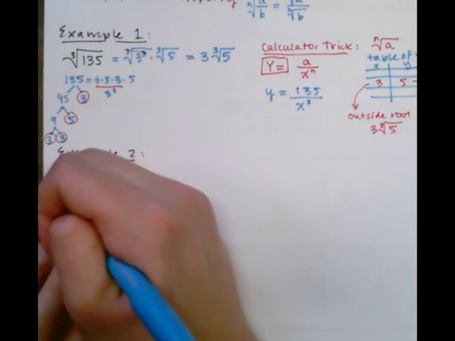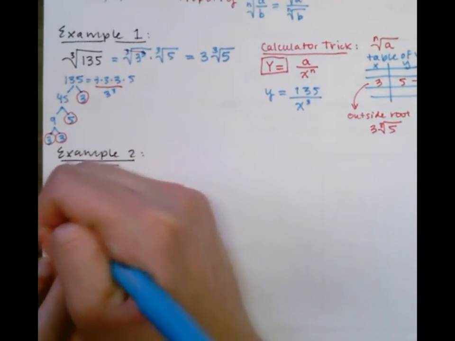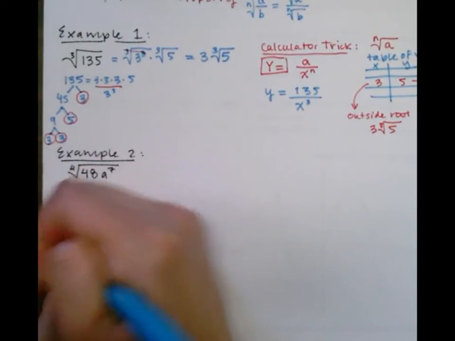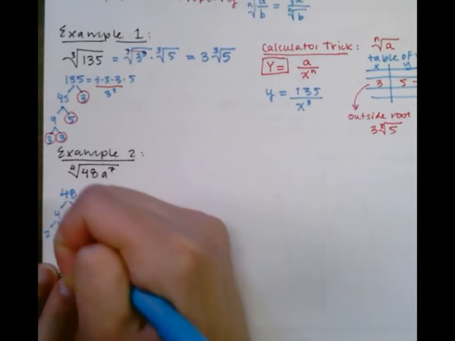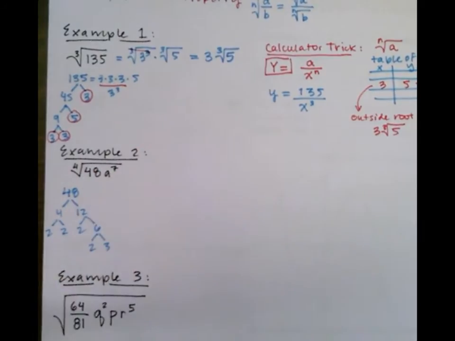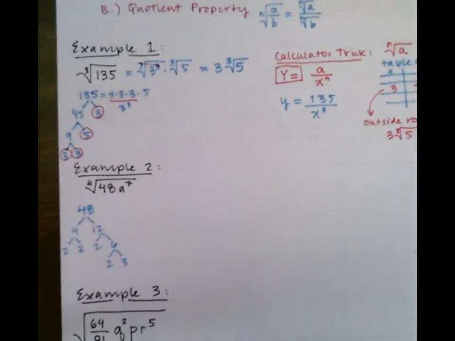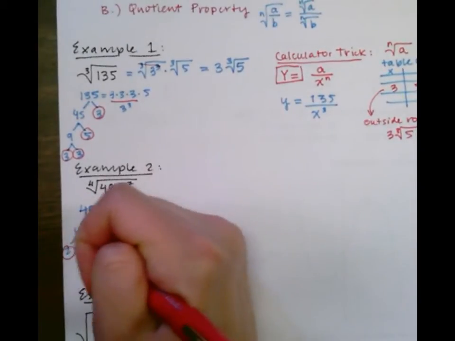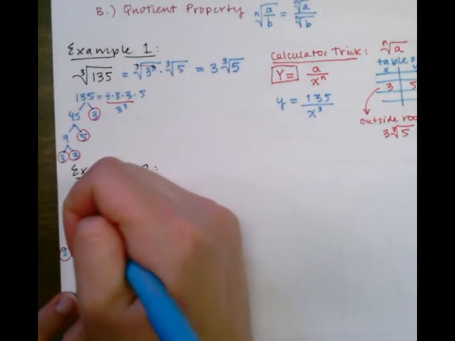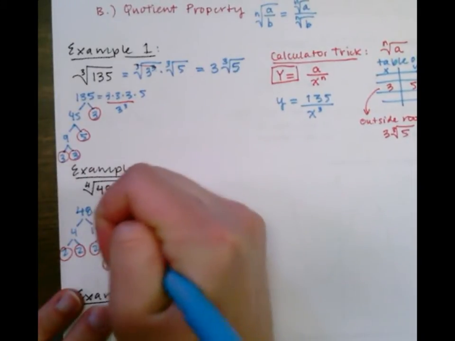So with 48, I could do a factor tree again. I know that's 4 times 12. I know 4 is 2 times 2. 12 is 2 times 6. And then 6 is 2 times 3. So then I get 2, 2, 2, 2, 3 as my prime factorization. So that would be 2,